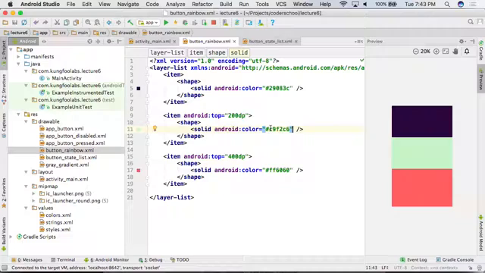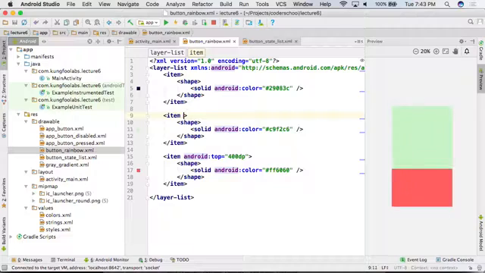The first rectangle is purple. So let's remove these requirements. We can set the stroke of